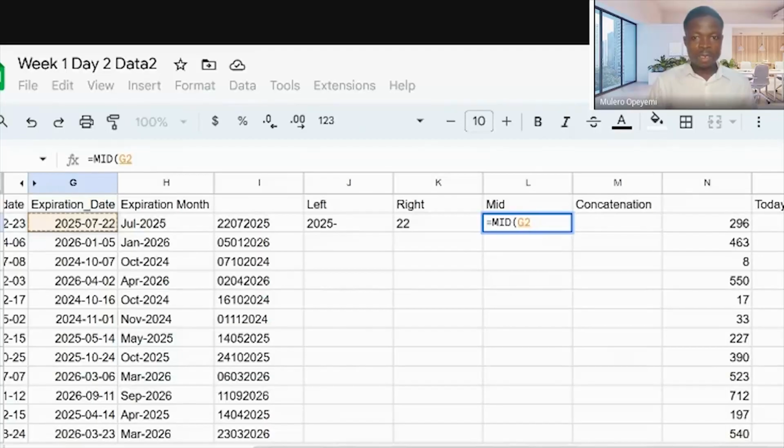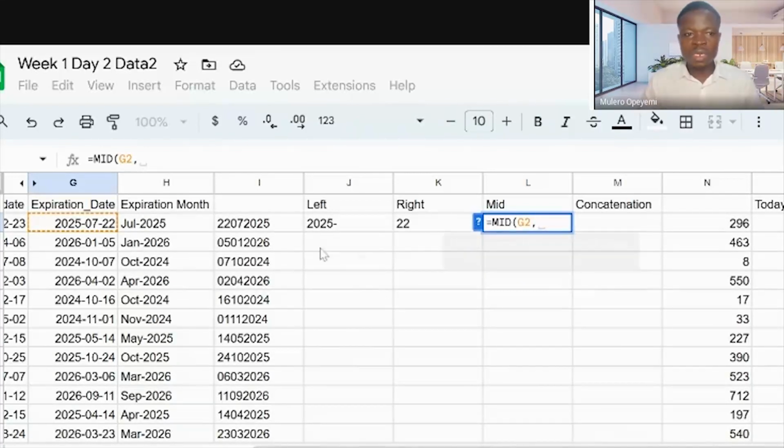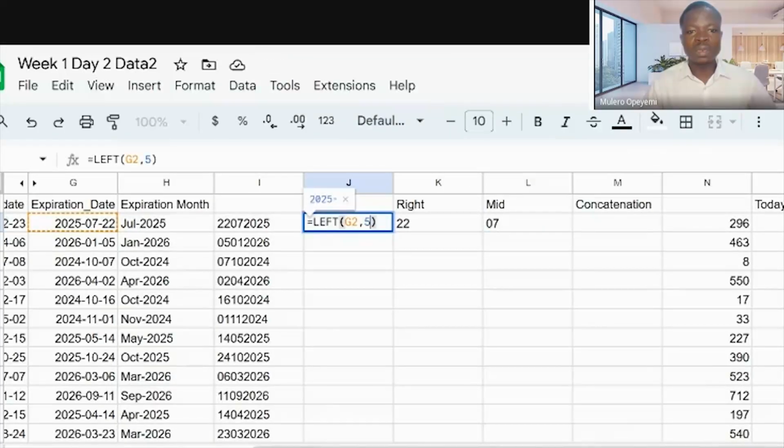So mid, starting from the 4th character. Or okay, we're starting from now. The way mid operates is you are counting from the left. 1, 2, 3, 4, 5. We want to start from this 0, so it's a 6. So starting from the 6th character, give me 2 characters. Can you see 07? Somehow, I don't need this dash. So let me say 4.